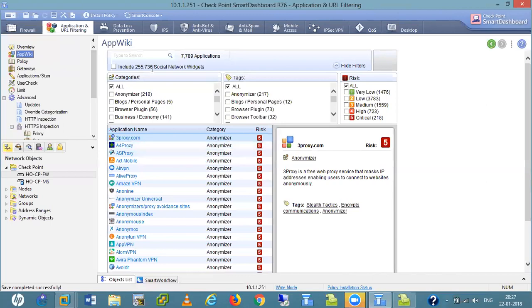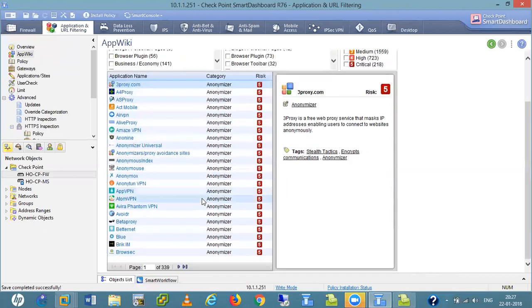These are the applications detected by the Checkpoint firewall. If I deselect this, they also categorize by categories, tags, and risk levels. We have lots of applications there, around 339.